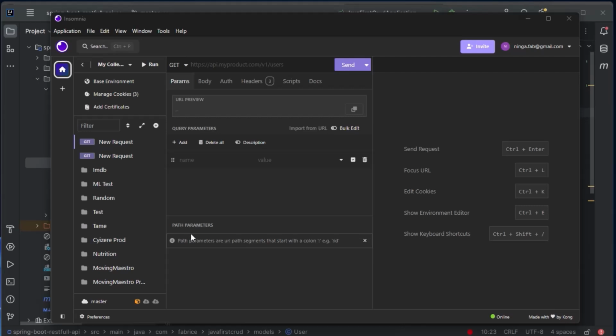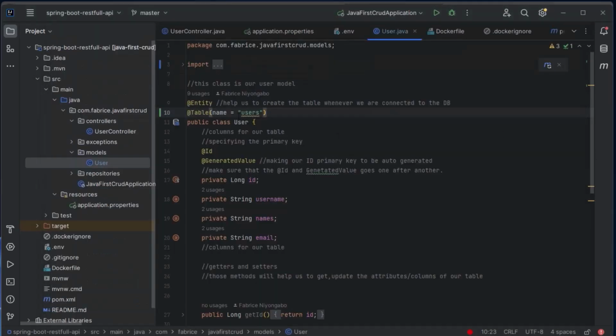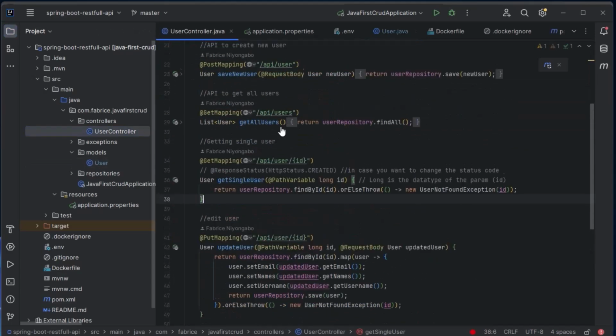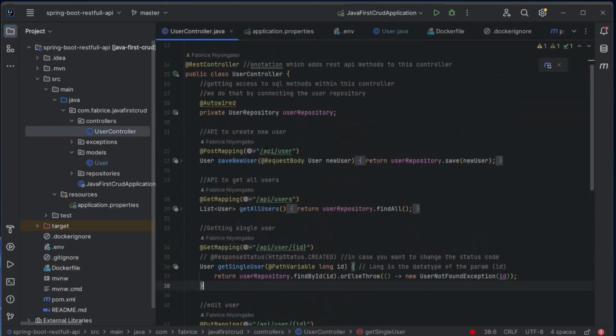Okay, now I am within Insomnia. If you want, you can use Postman, whatever tool that you want. And let's paste in our application URL and then a slash, let's go back to IntelliJ just to check how the URLs are structured. So POST /api/user.